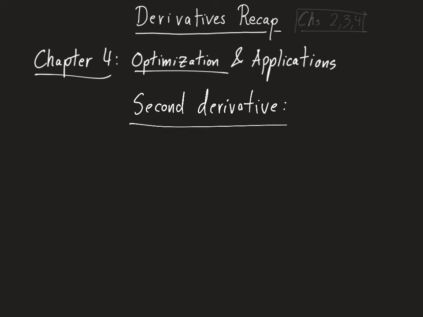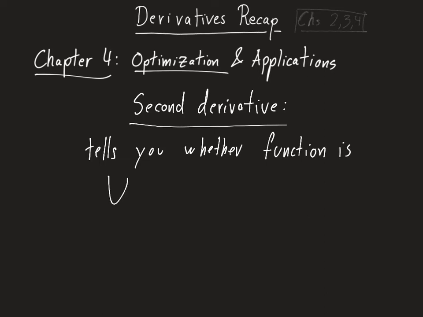We mentioned earlier that the first derivative tells you whether the function is going up or down. The second derivative tells you instead whether the function looks like an upwards U, which we call concave up,